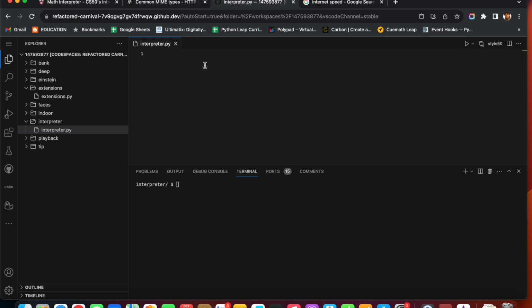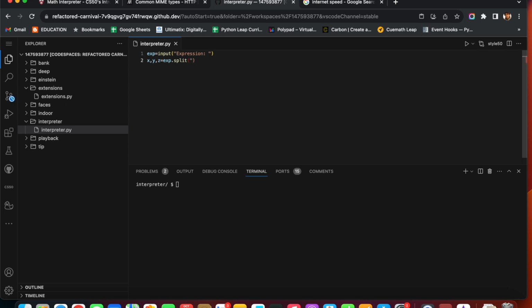Now let us ask the expression from the user with input. I am just asking the expression from my user. After this, I am going to split this expression as x, y, z. How am I going to split? With respect to the space, as they have mentioned. So exp dot split